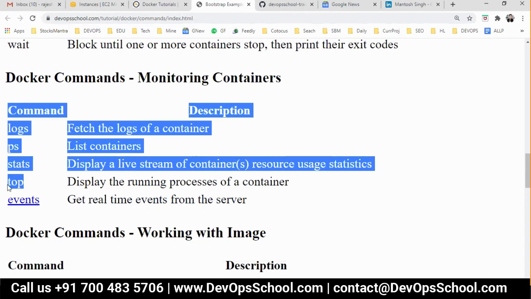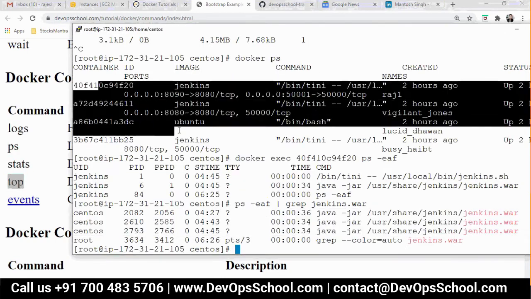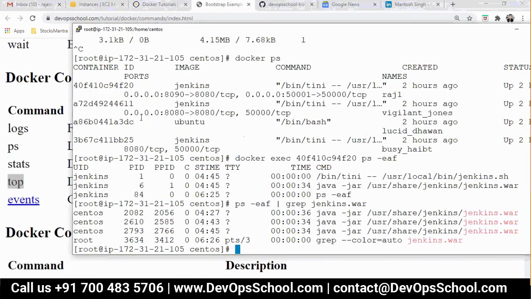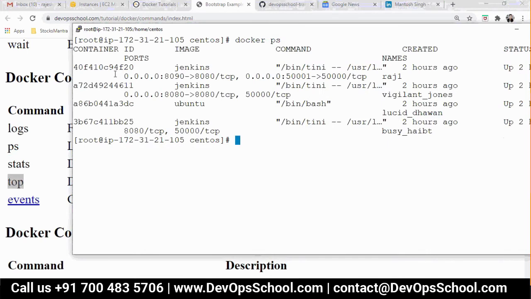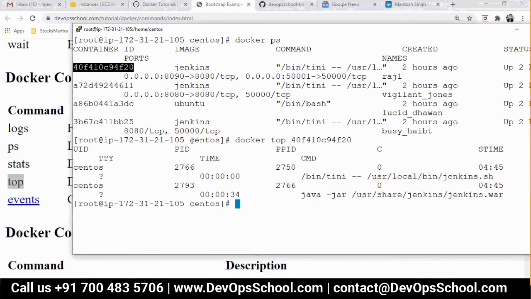So now coming back to the question, what does the top command mean? Guys, the top command will tell you for each container which is the host process, because this container is holding which process ID, PID, in the host machine. How do you know that? For that, first type docker ps, you get all the containers, and then docker top and the container ID. Now this PID which you see is a host PID.